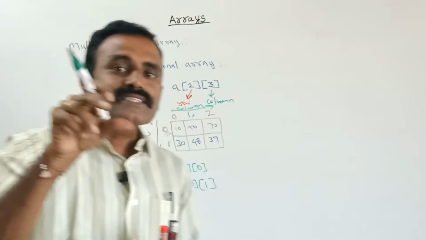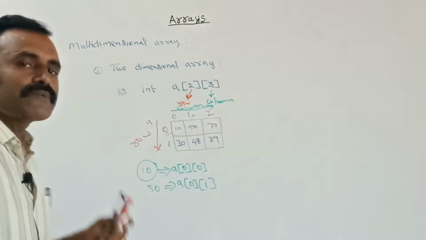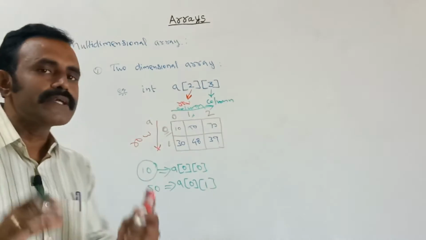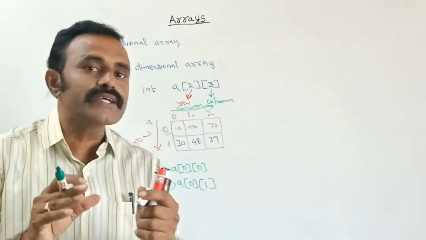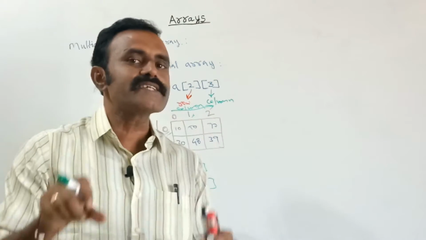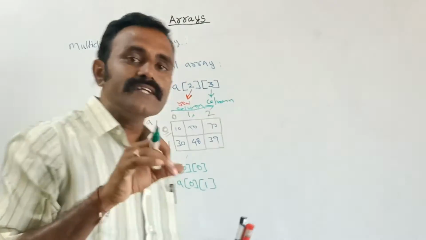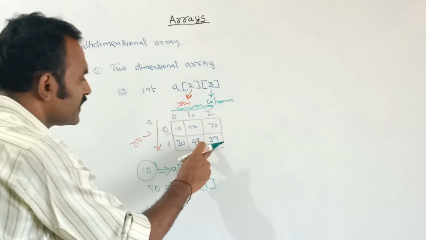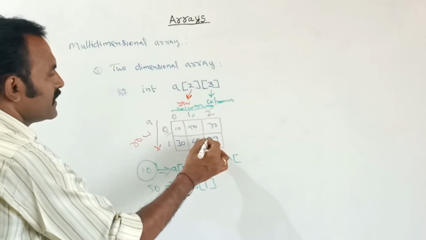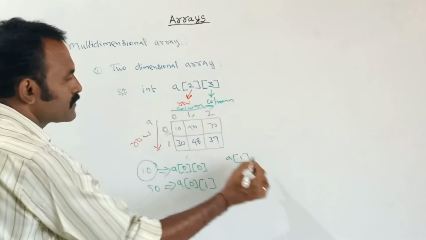So how can we access an element inside the multi-dimensional array? By referring to the subscript values, here 2 subscript values. The first subscript is for the row, and the second is for the column, because this is a two-dimensional array. By using these subscript values we can access the element inside the array. If you want to access the value 39 inside the variable a, we can call it by its position, a of, the first subscript value is 1, and the second subscript value is 2.